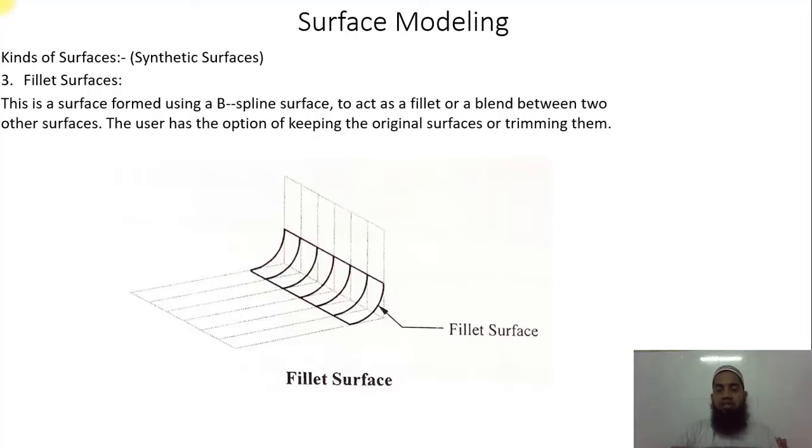Due to that, we always avoid the sharp corners. Okay, avoid the sharp corners, and here we use a fillet. To avoid the sharp corners, we are here giving a fillet surface. Okay, like a small radius, a small circular shape to each and every corner. This is one of the examples of the surfaces, and that comes under the fillet surfaces.